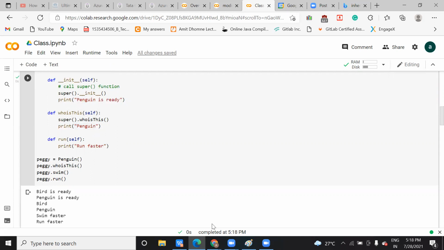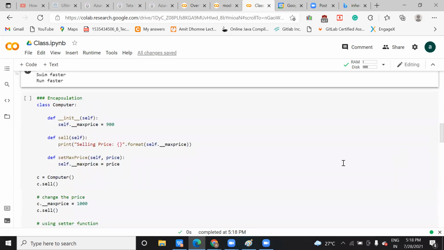Okay. I think she dropped. Okay. Now you see this. This is one more example. We created a class computer. Inside that, I created three functions. Init. Init is always there. Even if you do not create any method, init will always be there.